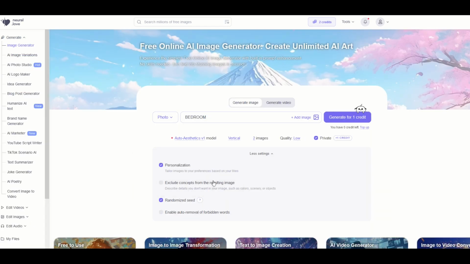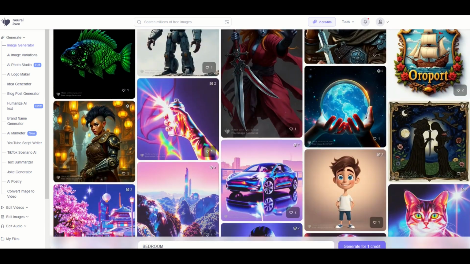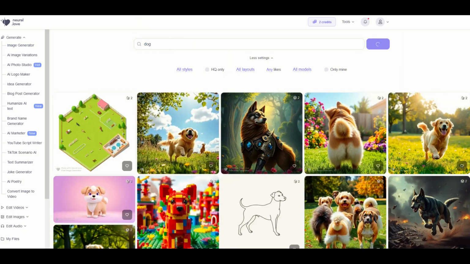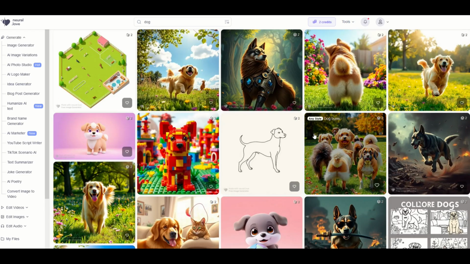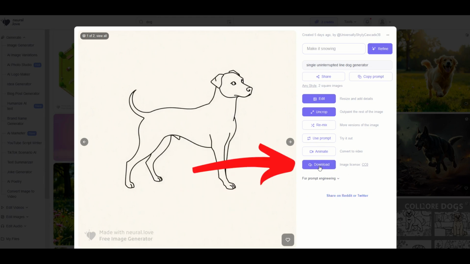You can click Show More, and then you can see there's a feed down below that you can continue to use. You can also search right at the top. There's a search bar. So I could type in dog, for example, and that will give me back dog images. If you like something here, I'm going to click on it. You can right click to save the image as, or you can click the image download button,